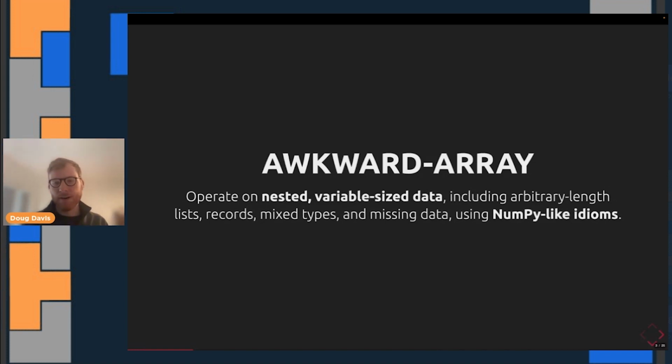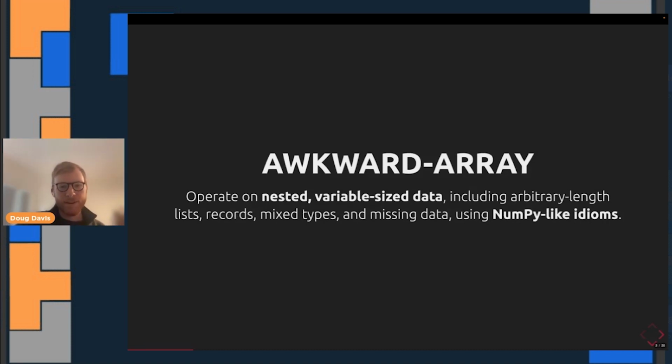The paradigm of array programming is very powerful in Python, and packages like NumPy are great for operating on rectilinear data sets, and you have a wonderful user experience there. So awkward array brings that same user experience to being able to operate on nested variable sized data. That's the new feature that awkward array allows you to